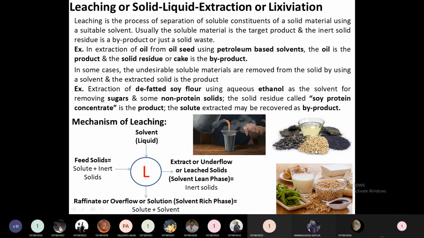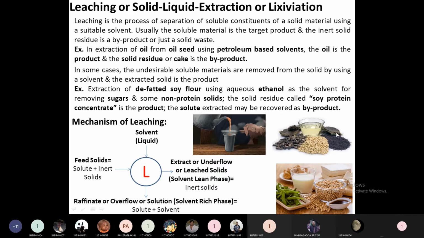For example, from sunflower seeds, sunflower oil; from groundnut seeds, groundnut oil. That oil is a soluble constituent in the solvent. The target product here is the liquid, the oil, and the byproduct or waste solid is the cake extracted from these seeds, which is called an inert solid. We will feed that to animals as feed.